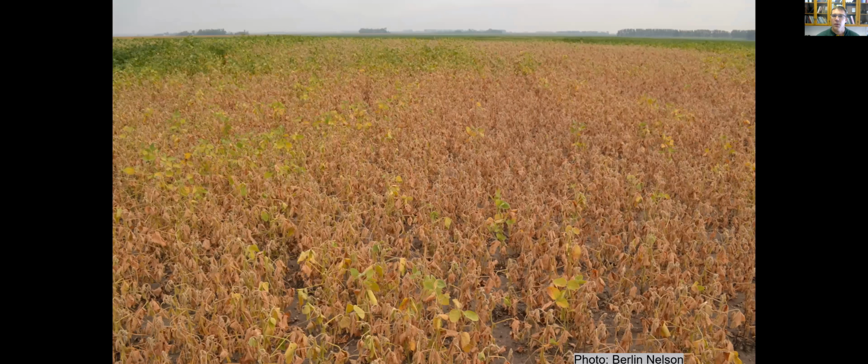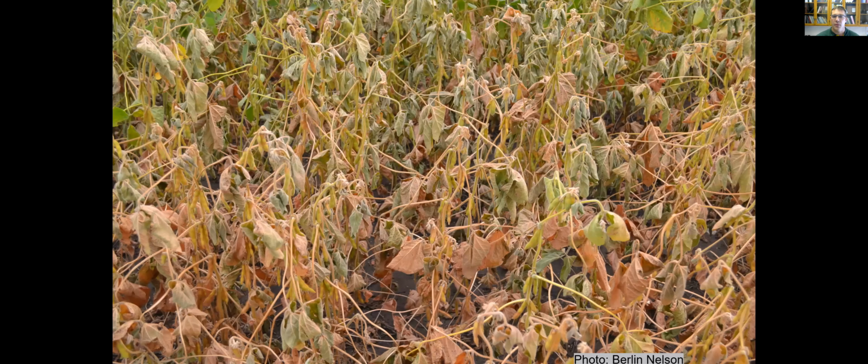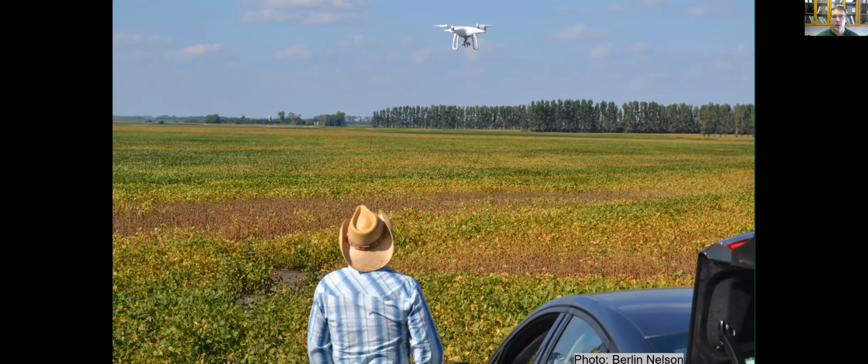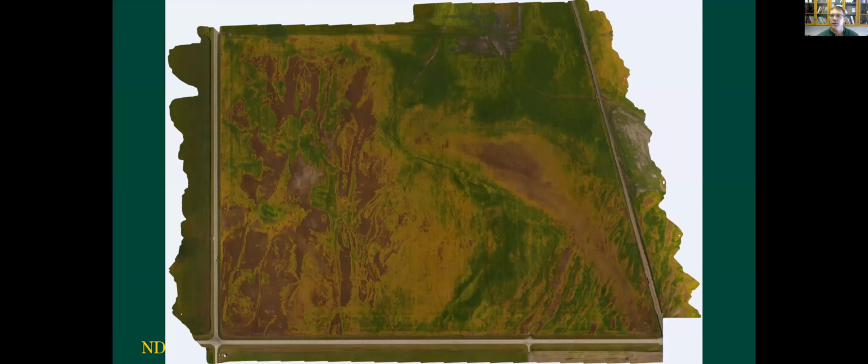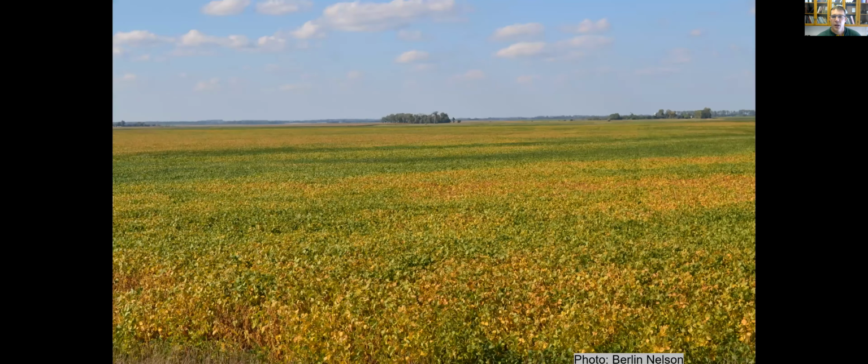So fast forward a week, so August 29th, Berlin goes in there. And this time he brings a drone crew to take some photos. And so they map this field. And so this is the field that they mapped. And you can see the green and you can see the brown. So we'll go through this a little bit. This area here in the field is just a bad spot in the field. So just ignore that. These areas in the field, these kind of yellowish, orangish areas, when you're on the ground,